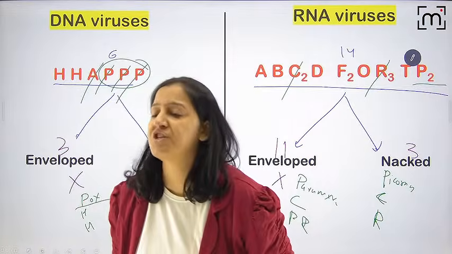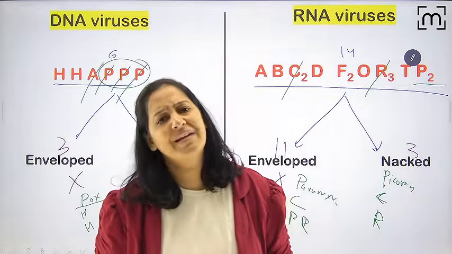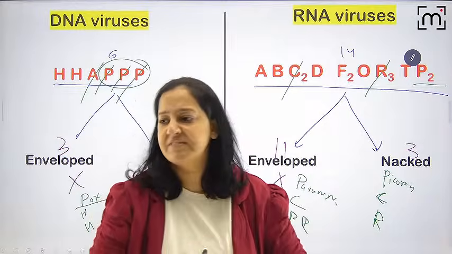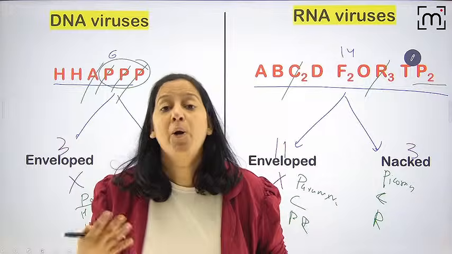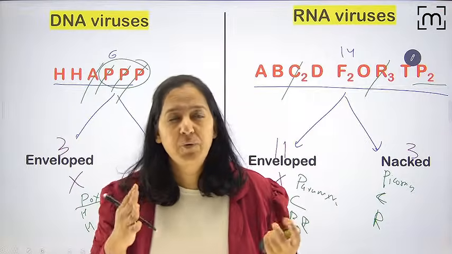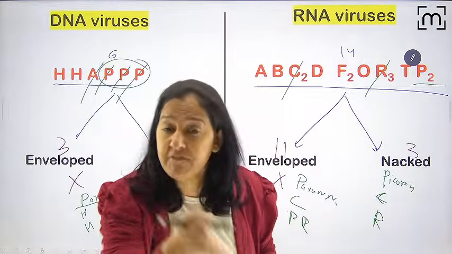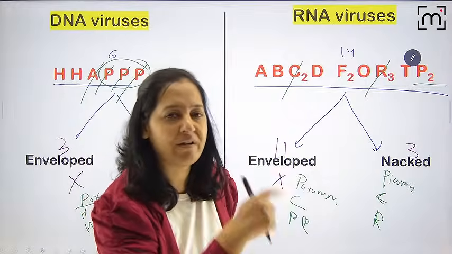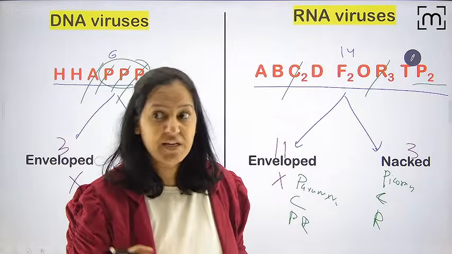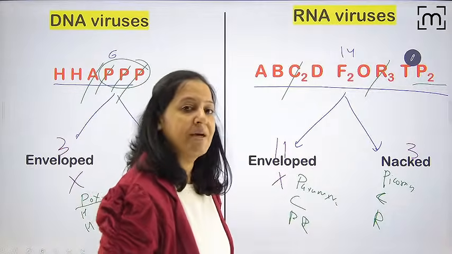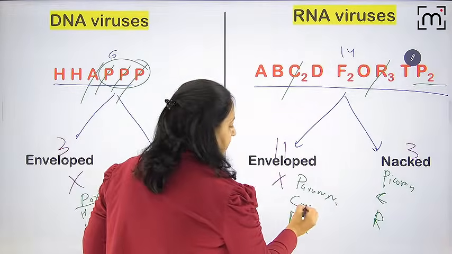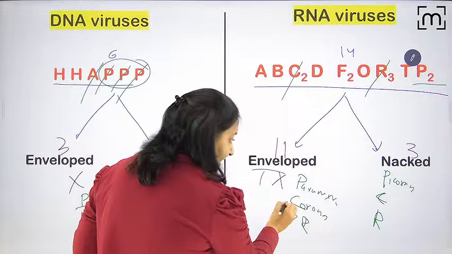Because we used the sanitizer judiciously. How does sanitizer kill coronavirus? What is the mechanism? We sanitized everything, all the articles, including ourselves. Thankfully, God has given an envelope to the corona. Sanitizer dissolves the envelope and the virus gets killed. Imagine if God had not given an envelope to the corona, we could not kill it with sanitizer. So with this concept, you learn that coronavirus is enveloped, and that's why sanitizer can dissolve the envelope.